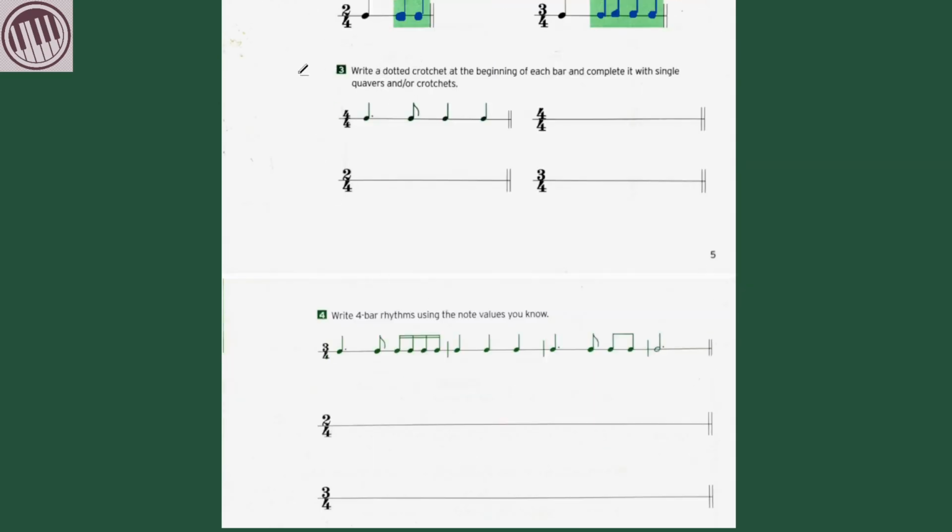Question number 3. Write a dotted crotchet at the beginning of each bar and complete it with single quavers or crotchets. You have to write a dotted crotchet at the beginning of every bar. So let's first write that out. Next we have to complete it with a single quaver